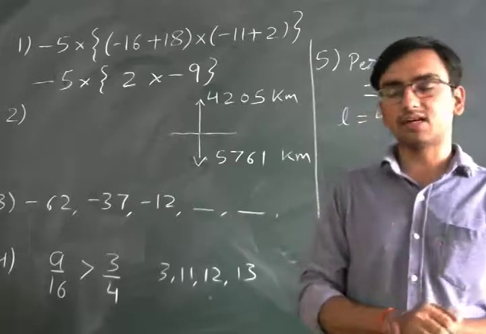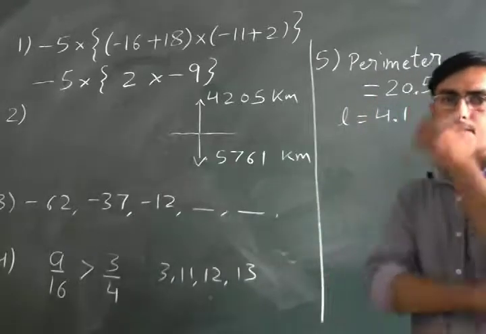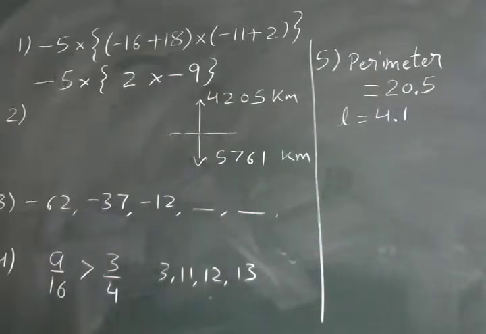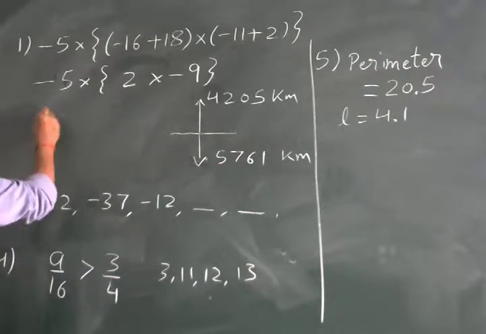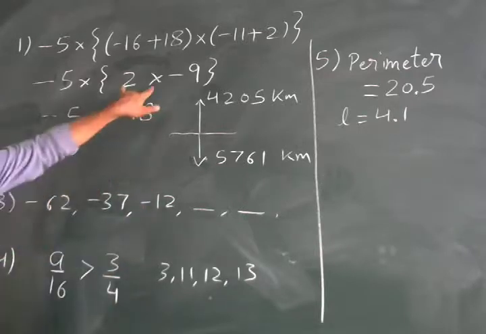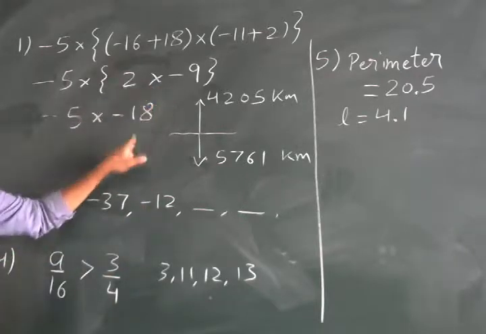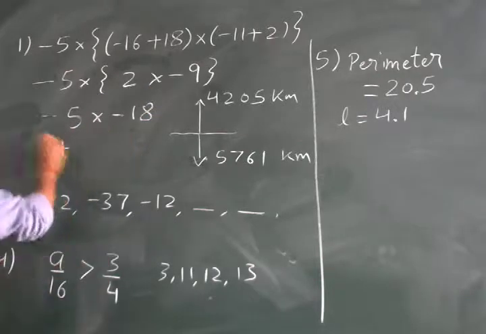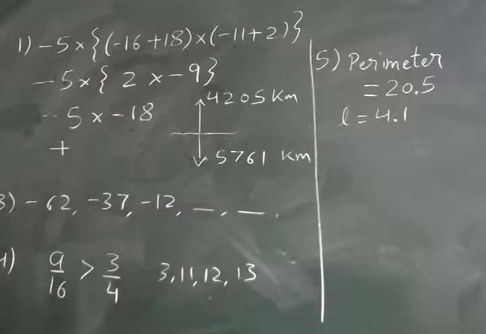So Jayant, continue. Sir, minus 9 into 2 is equal to minus 18. Minus 18 into minus 5 is equal to plus 90. Okay, in the product, if anyone is negative, the multiplication is negative. Now two negatives, so the answer will be positive of 90. Is it okay for everyone?